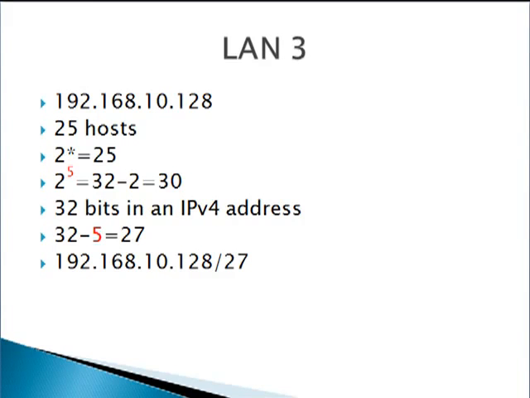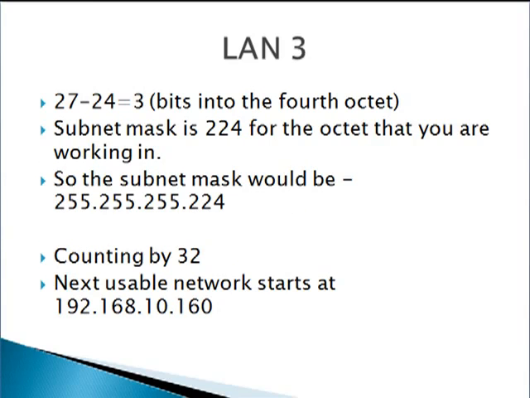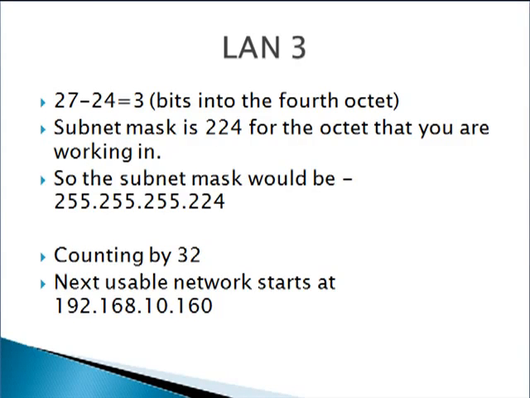Okay, so for LAN 3, we're starting with 192.168.10.128. We need 25 hosts, so 2 to the 5th will give us 32, and 32 bits minus 5 is 27. The whole notation is 192.168.10.128/27. Okay, now we move on to the 27 minus 24 is 3 bits. Subnet mask is 224. So the whole subnet mask will be 255.255.255.224, and we will be counting by 32 since we